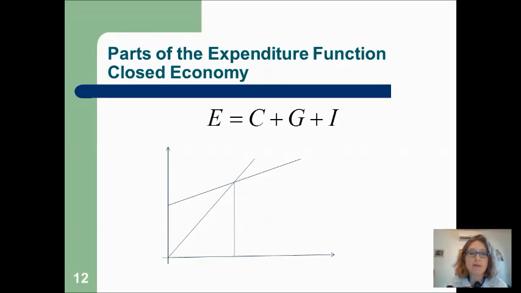If we add all the parts of the expenditure function, here is actually the closed form version where you have only the private consumption, the government consumption, and the investment. That's equal to the aggregate expenditure. So that tells you what is the demand for our product in a closed economy, and in equilibrium the demand for our product should be equal to the supply of our product.